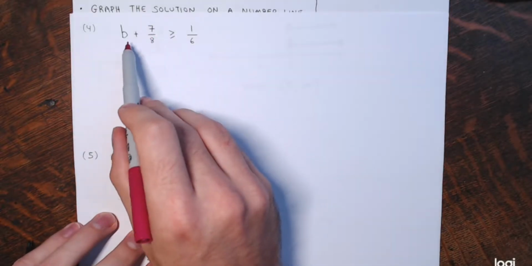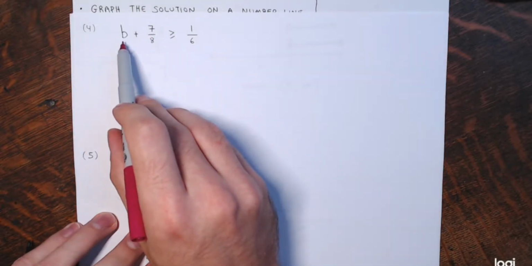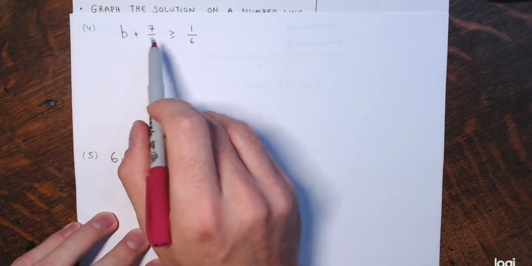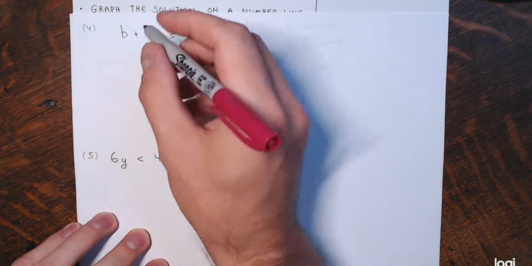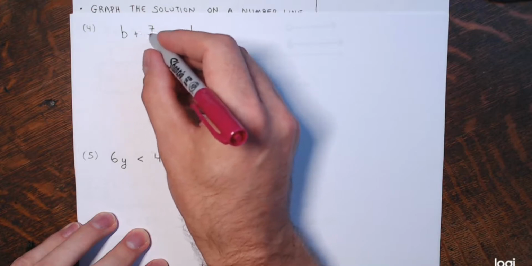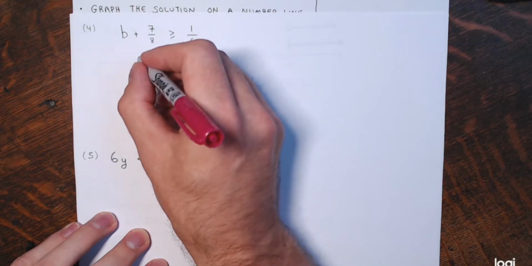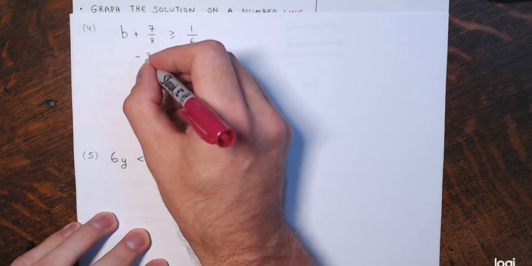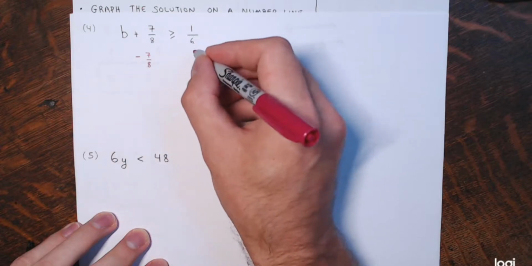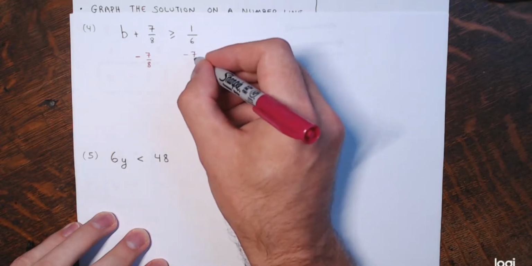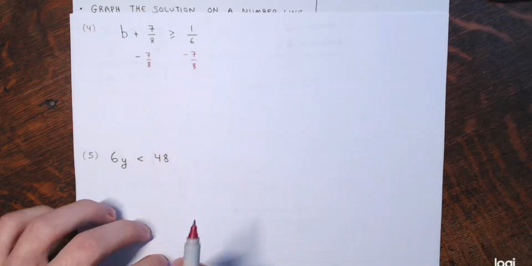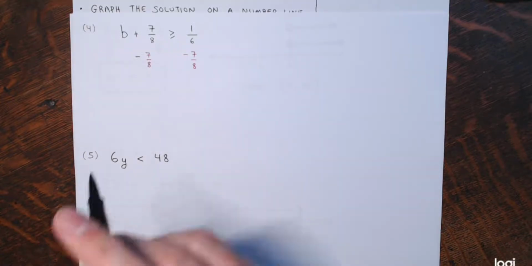I want, again, my expression with the variable is already on the left side. So I'll keep it there. I'm not going to switch sides. And I want to get rid of this plus 7/8, which will involve subtraction. Right, so I subtract 7/8 from both sides. So now I have just b alone